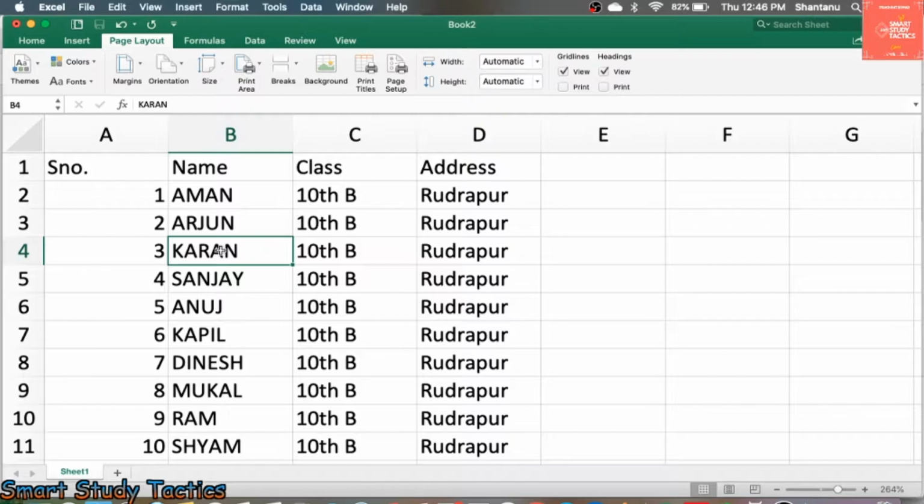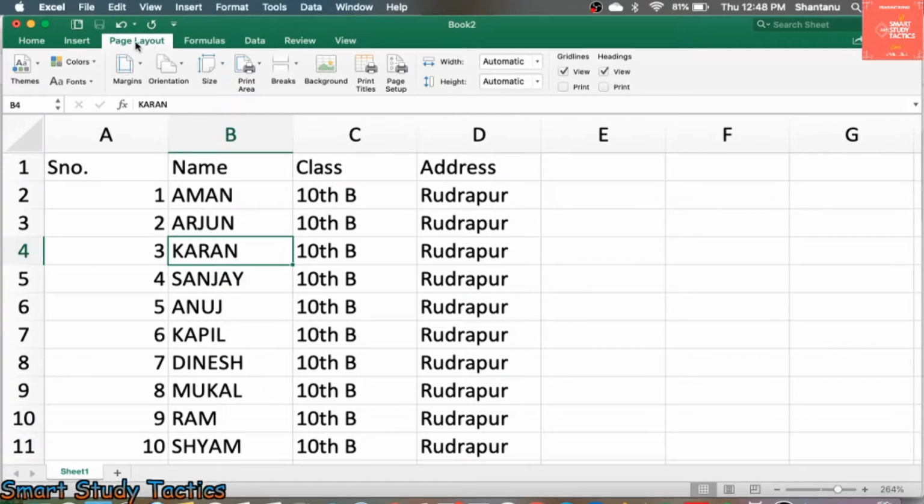Now we are going to start set page layout. In order to print a sheet, Excel provides various page layout options such as margins, orientation, size of page, print area, header, footer, and background. So if you want to take the printout of any sheet, you can adjust it according to your needs. Let's see how we'll do that.